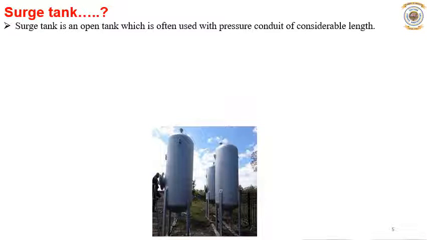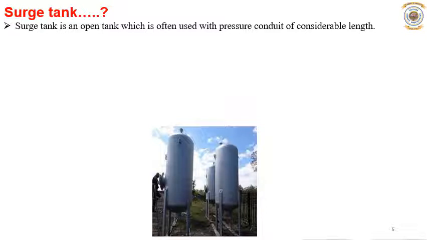The surge tank will also serve the turbine when the water in the pipe is accelerating during increased load conditions, and it acts as a storage tank when the water is decelerating during reduced load condition.